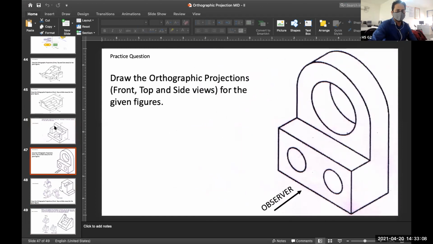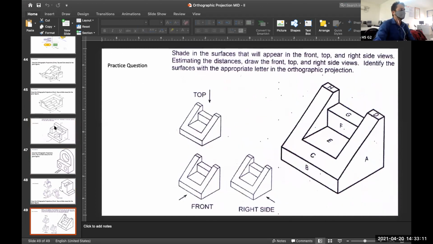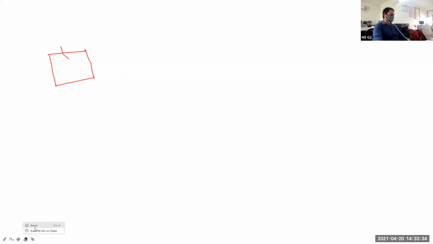Okay, so now let's move to the new topic. I will share the screen from here. There are 4 types of coordinate systems in your AutoCAD. So first I will write their name.